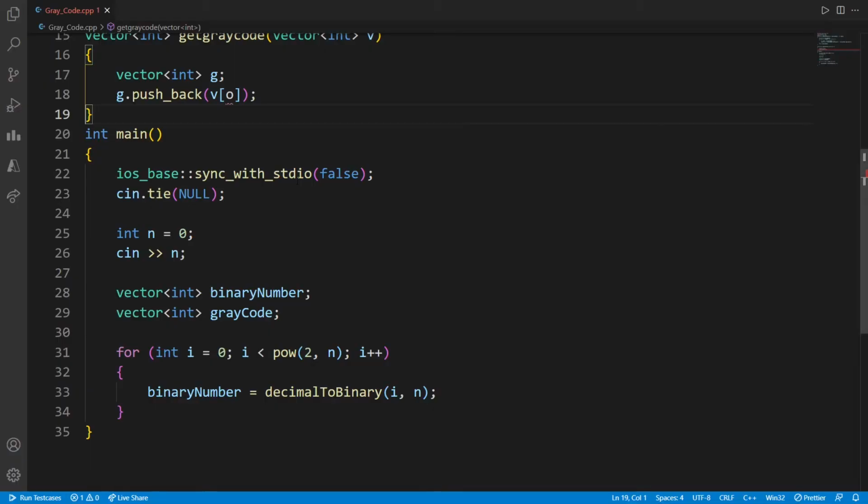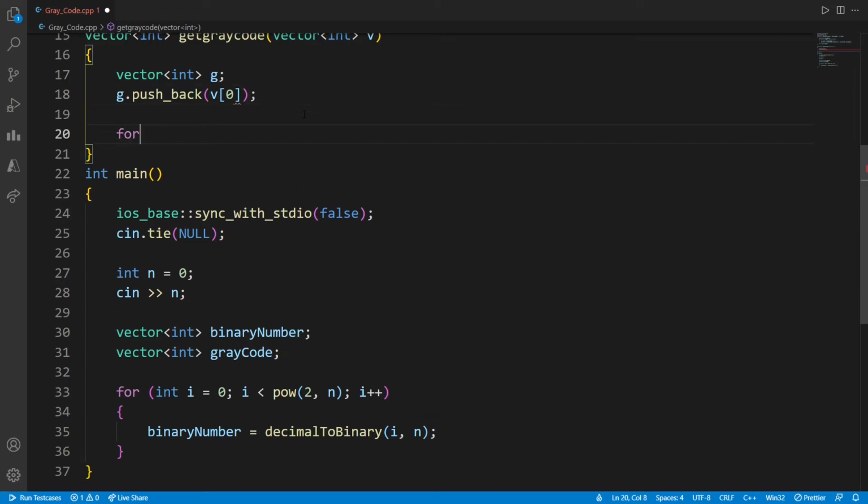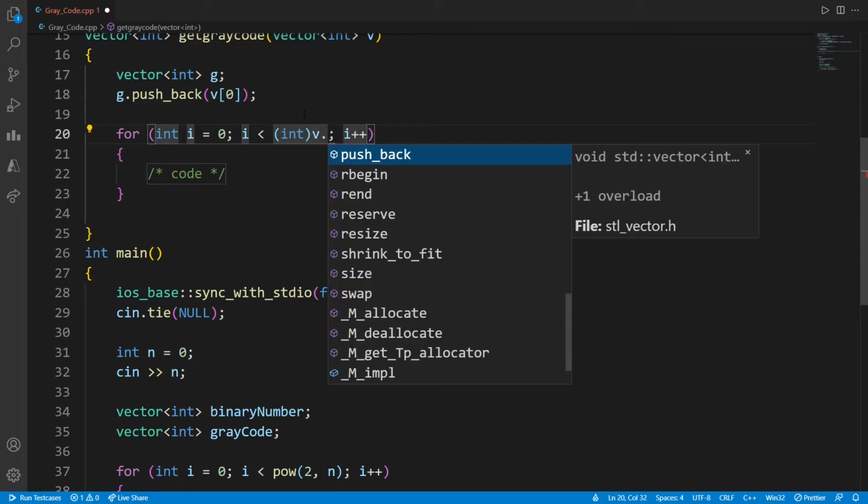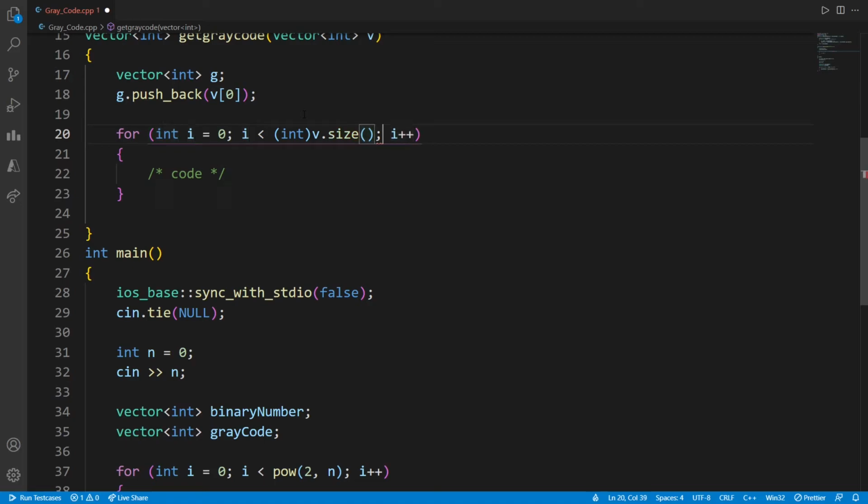So let's write that also. This is v of 0. Now we'll perform the subsequent operations, so it's better to use a loop, and that has to go up to the size of the binary number present in vector v, v dot size. We'll do the XOR operation on v of i and v of i plus 1, and this symbol is used for XOR operation.